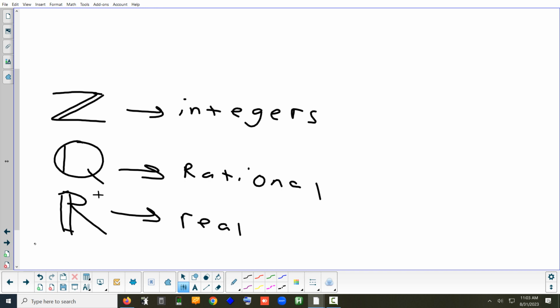Counting numbers? No, I'm still referring to numbers that might be something like pi plus 2. That would fit into this category. Yeah. Positive real numbers. Positive real numbers, yes. So when you put a plus sign there, it just means you're looking for the positive version